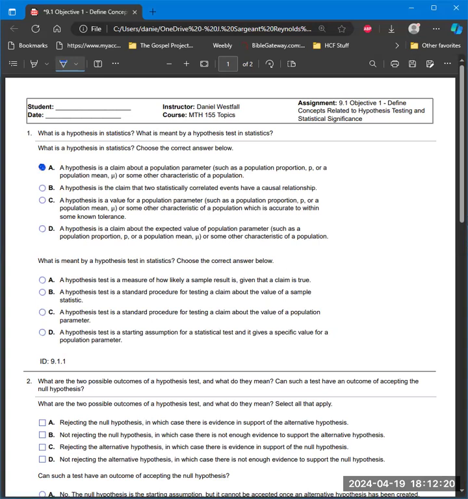And what is meant by a hypothesis test in statistics? A hypothesis test is a standard procedure for testing a claim about the value of a population parameter. In short, someone makes a claim that the population value is something. You can't test everything in the population, but you can take a sample that should be representative of the population using good statistical methods,